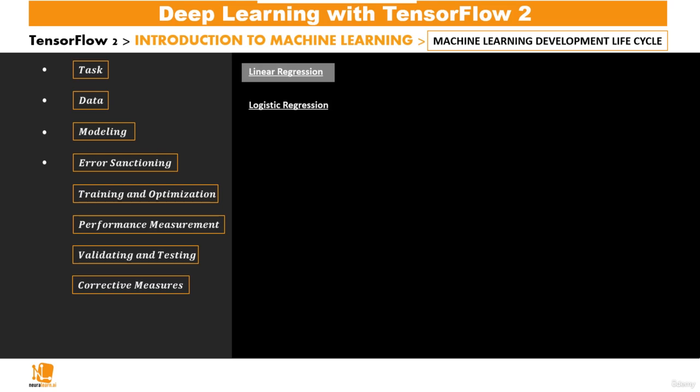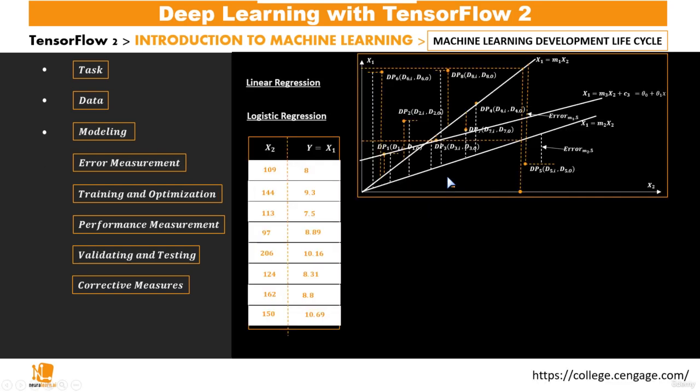In this section, we shall look at error sanctioning, or better still, losses. And coming back to this previous schematic, our aim is to make sure that the difference between each of these points, say this point for example, and the function we're going to be dealing with is minimized. So we want whatever function we choose to represent our data set to be as close as possible to